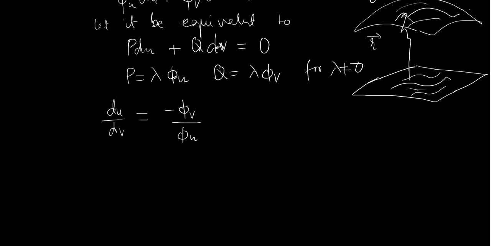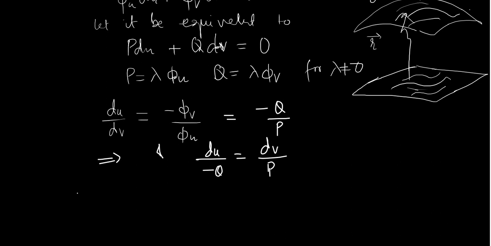So that would be, in this case, minus q by p, or in other words, du by minus q is equal to dv by p. Which means that du and dv, these small changes in u and v, must be proportional to minus q and p. Therefore I can say minus q and p are the direction ratios